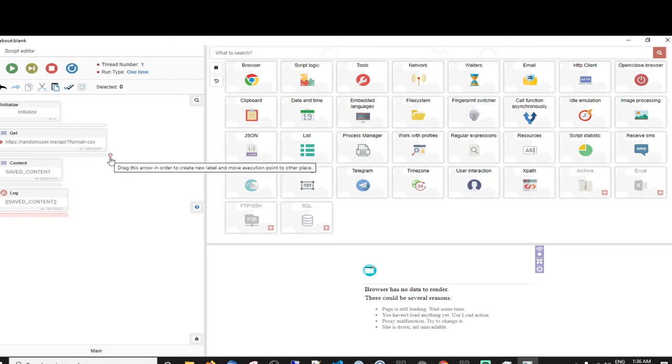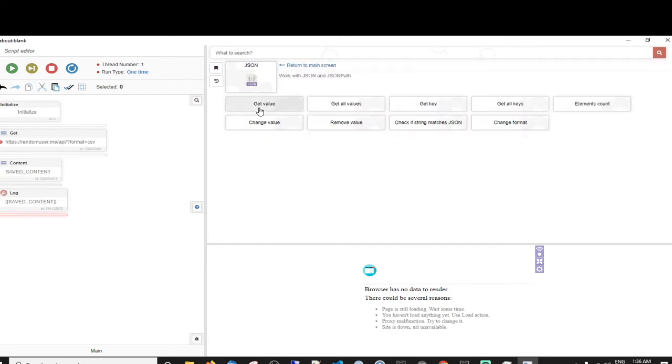Most of them will bring back JSON format, so you can work with the option here. It's really simple with Bass too. It'll get you all the keys instead of coding it all in. You can just use this, get all the values or get all the keys and so on. And then once you've got them, you can just pass that information and use it in your program.